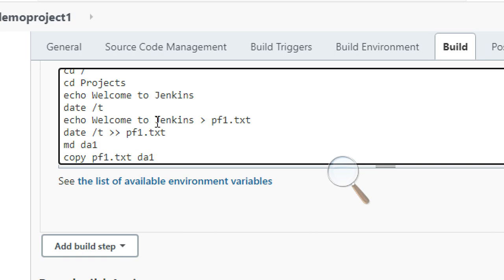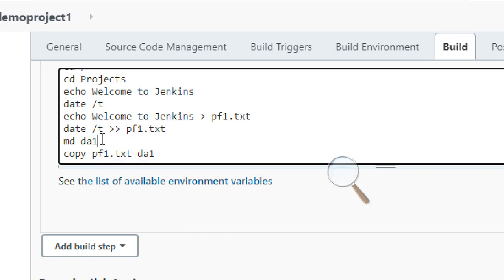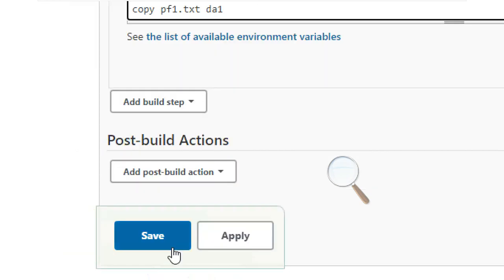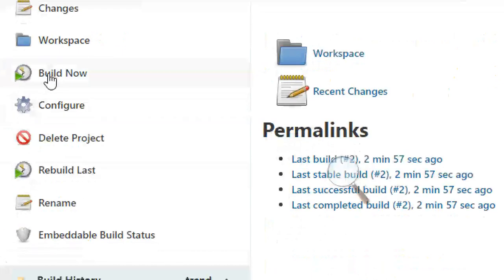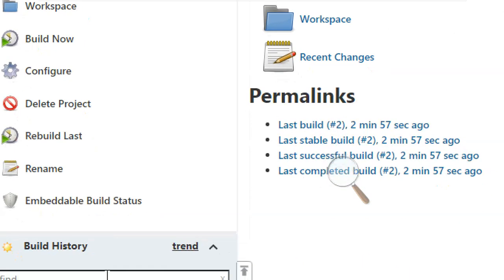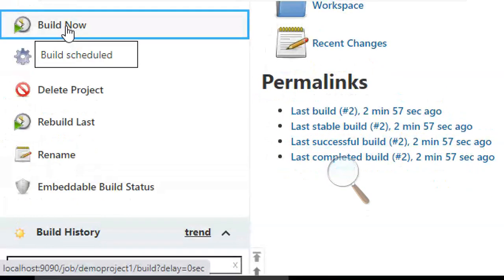Okay, so I want to copy this file and put it into the da1 directory. I'm going to create a directory, I'm copying it. Okay, save. I just want to show you what continuous development using Jenkins is. Now click on build now.